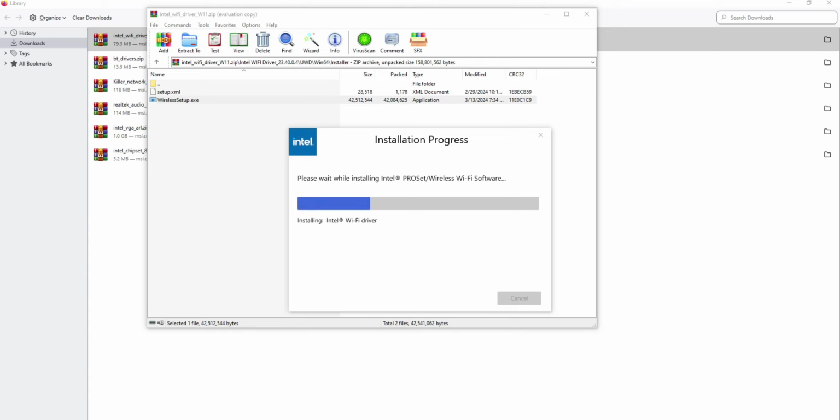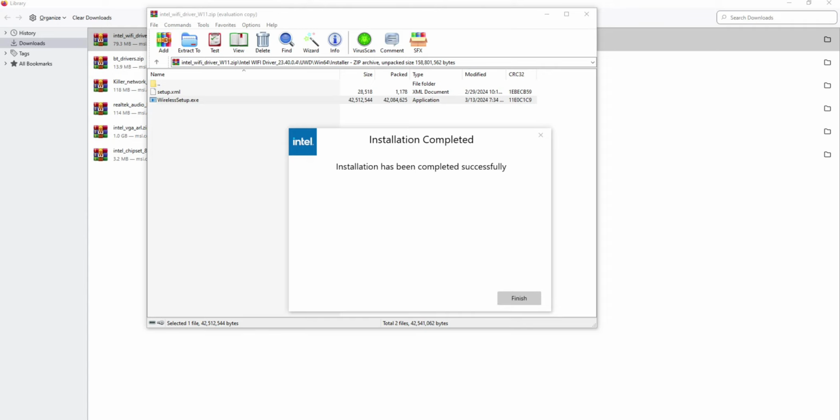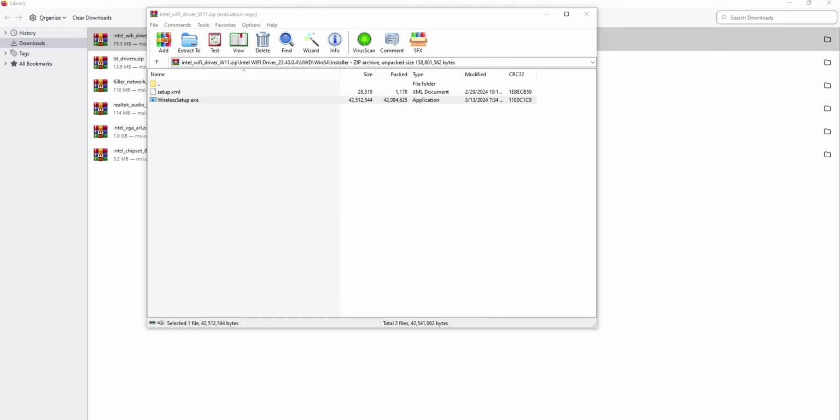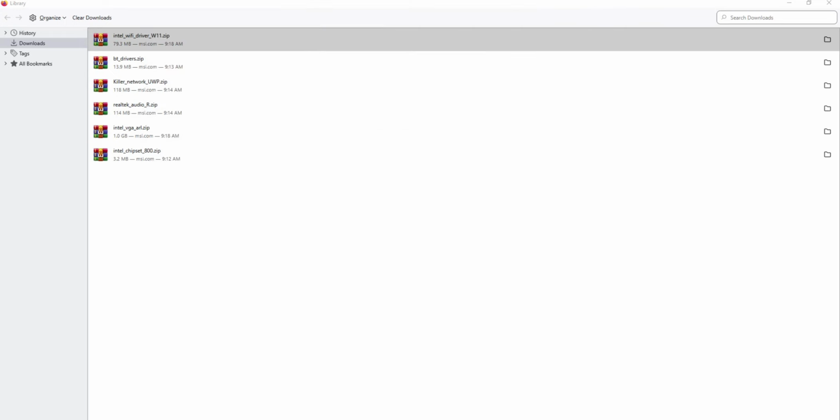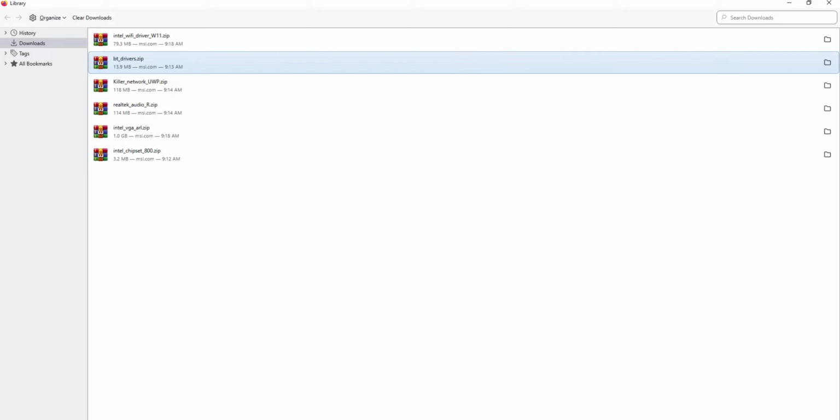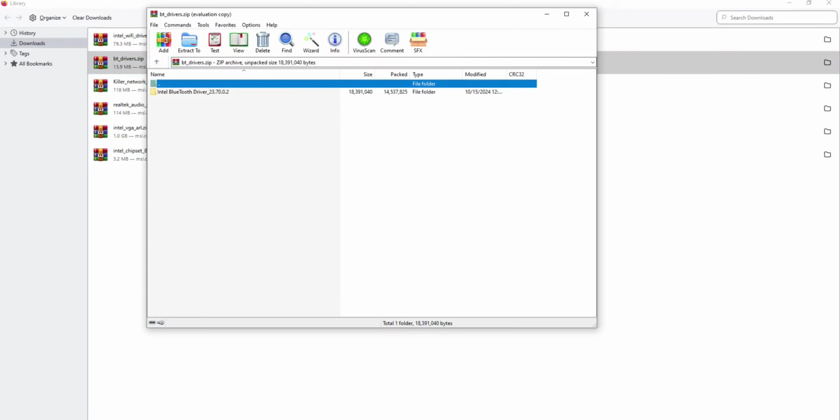It will take some time, depending on your system. So you can see the installation has been completed successfully, and then click finish and then close. Now you can see this is the Bluetooth driver, so just double click to open, same, open this folder, Intel